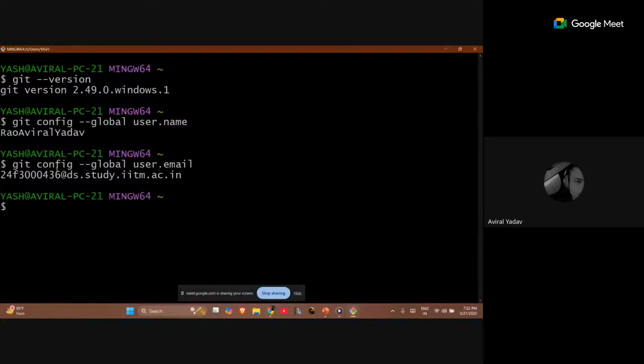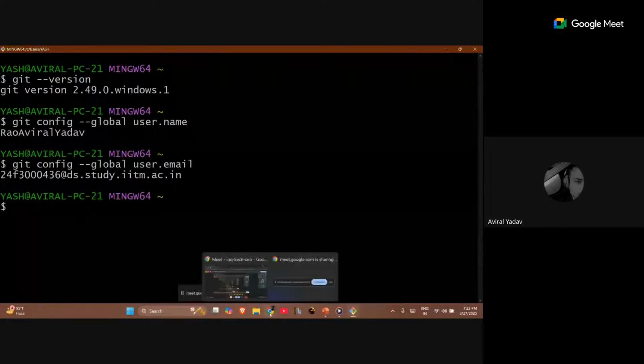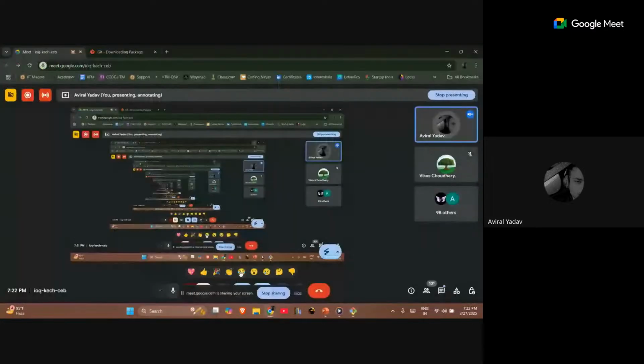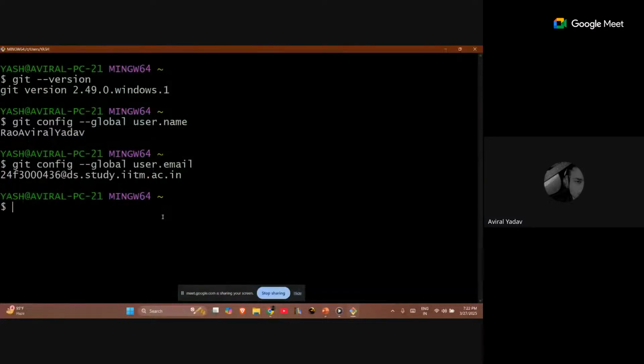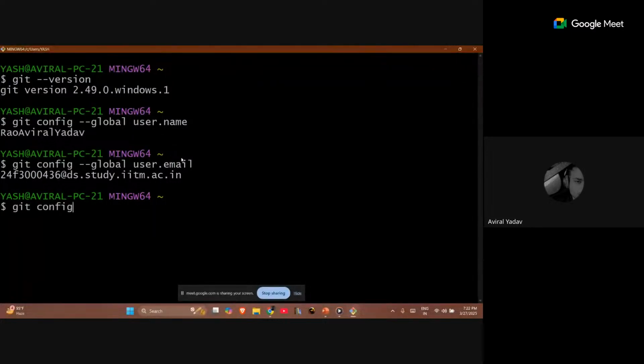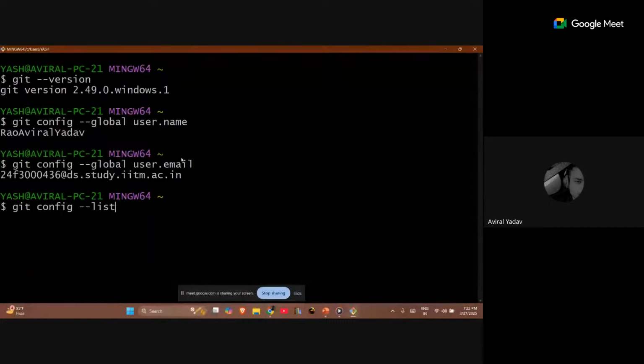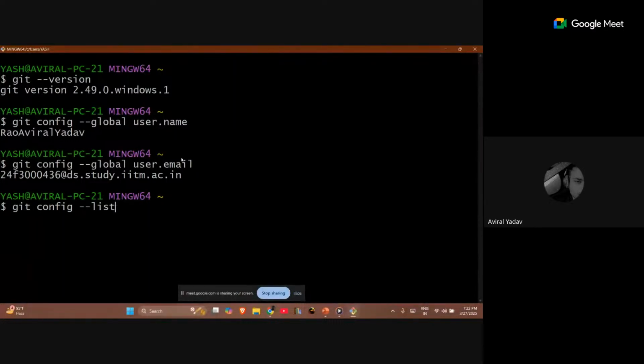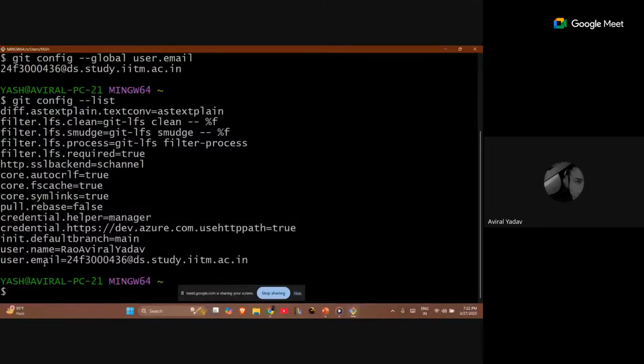And now, just guys, carry along with me. Just do as I do, so that you don't lag behind in any of these. And yep, just as you have done all this within your Git Bash, to check whether all these are done, you just go for git config --list. It will return all your credentials, that is your username and your email ID, and other stuff. Till now, is it clear?